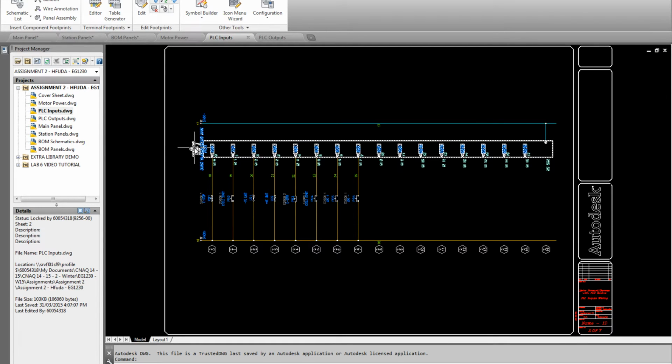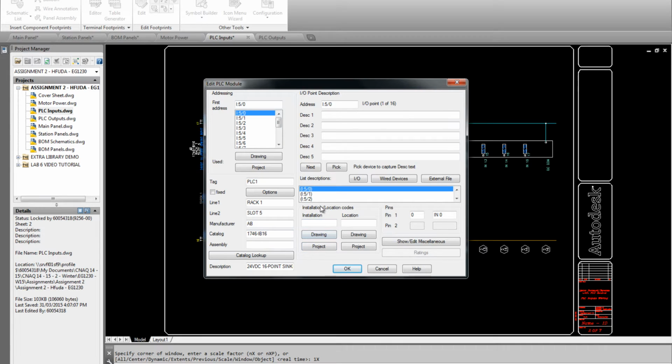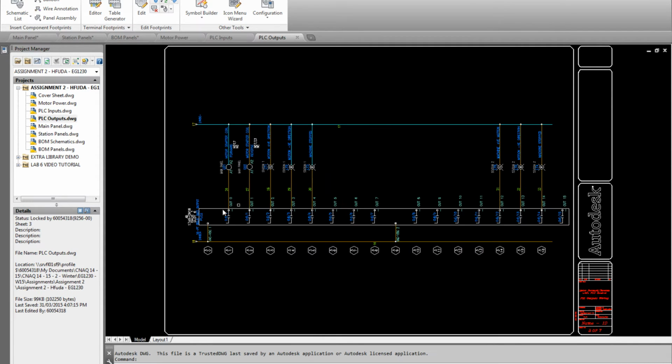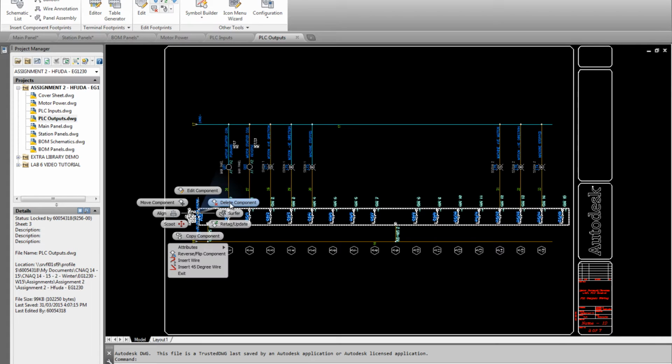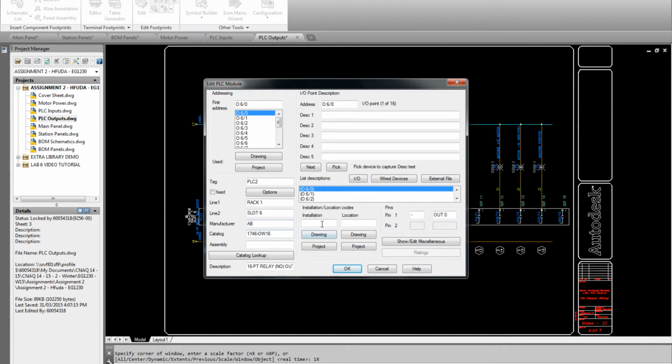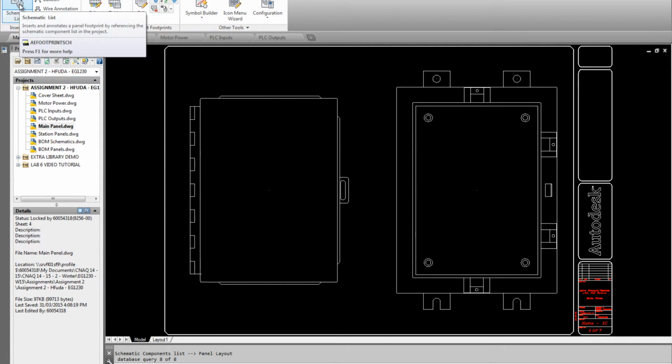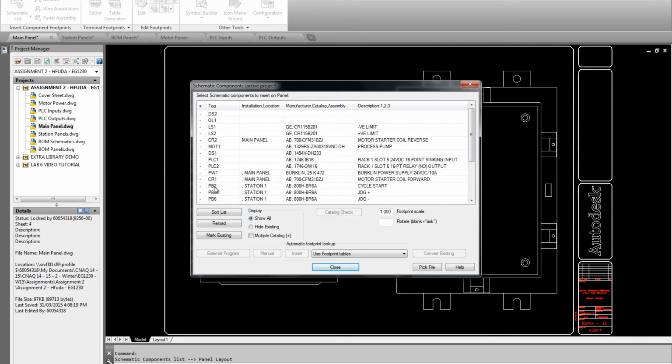Right click on the PLC, edit component, and there is installation code or location code. This should say main panel. OK, save it, and then outputs, right click, edit component, again either installation or location code, main panel. OK, save, and then we go back to main panel and invoke the schematic list one more time, and you